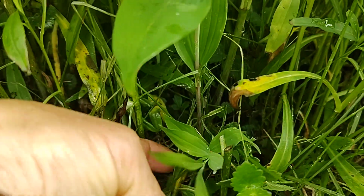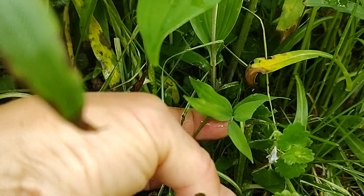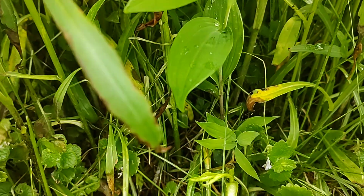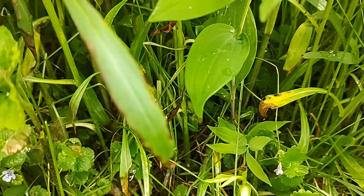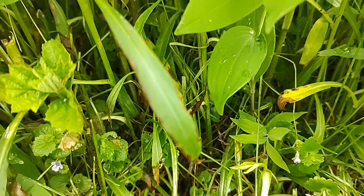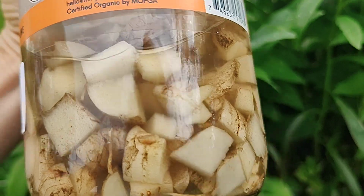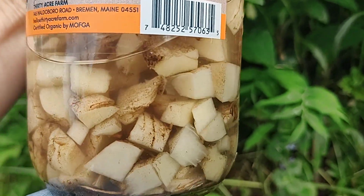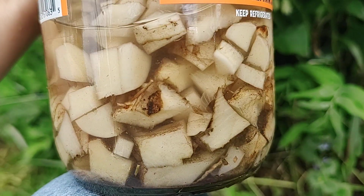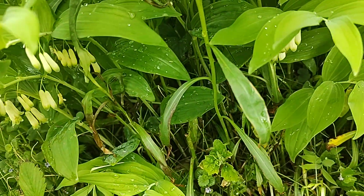Oh yeah, here we are. There's a little one coming up. And it's coming up probably from a parent root. And these roots look a lot like ginger roots, if you can picture that. Although they're more white rather than kind of the off yellow of a ginger root. And I harvested some earlier this season, and I cut it into little pieces and I put it in 50% alcohol. And the way that this will be used will probably be as a tincture for internal use,